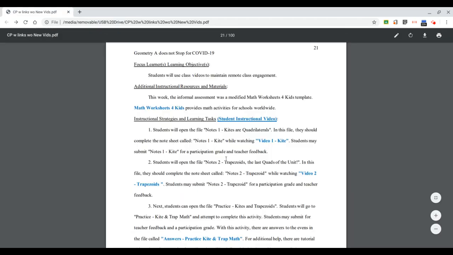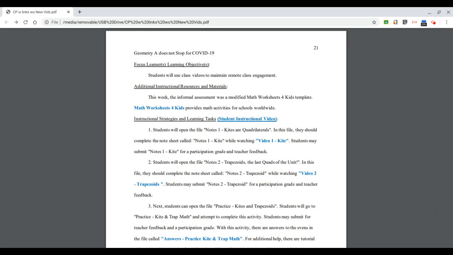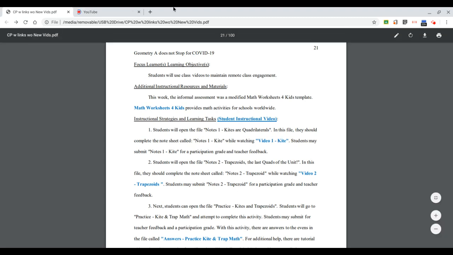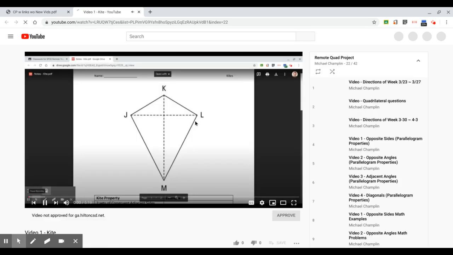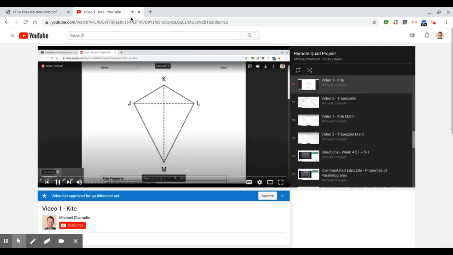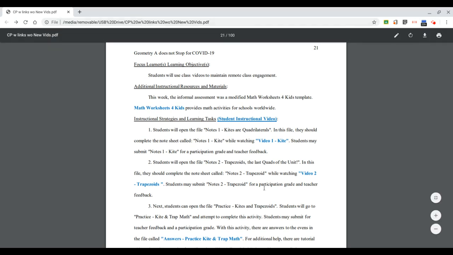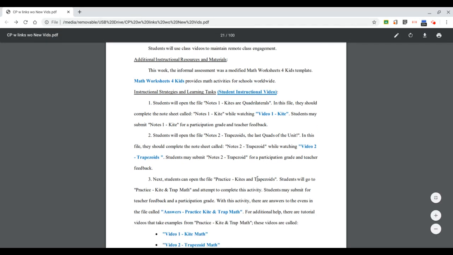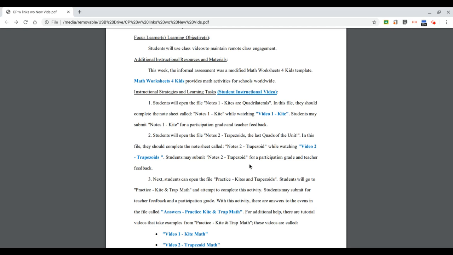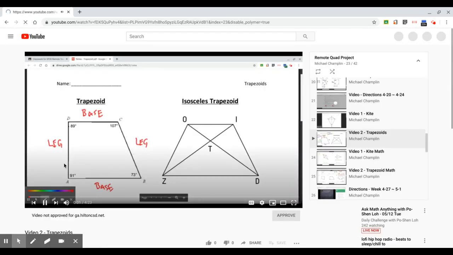After they do so, they are going to open the file Notes 1, Kites are quadrilaterals. In this file, they should complete the note sheet called Notes 1 Kite. They will have a video, Video 1 Kite, and they can watch it and fill out their notes while watching this video, as well as they will have to go to a trapezoid file and fill out the notes trapezoid, or Notes 2 trapezoid, while watching Video 2 trapezoid, and that also is available, and they do review